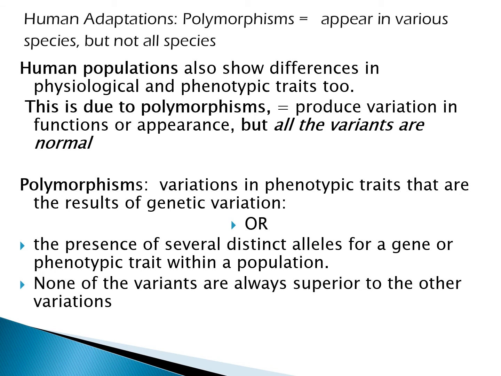And remember again, none of the variation is always superior to the other variation. They're all going to give you a normal functionality for life and lifespan. However, which variant works the best depends on where you are. Like high pigmentation in the skin, a very, very positive variation for humans if you're near the equator, in an open environment with very little shade. However, that variant isn't always superior to lack of skin pigmentation for populations that live in extremely shady environments with very, very low UV. Depigmentation helps better in that second option.